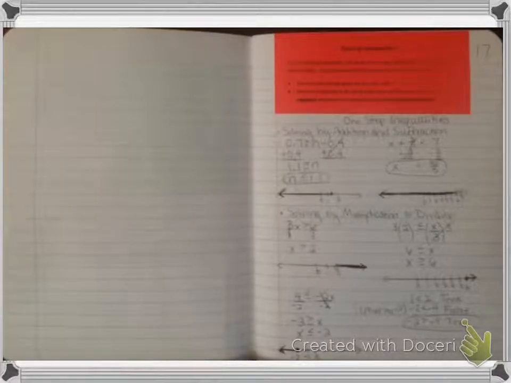Alright, at this time I would like you to open your journal to page 17. That's the same page we've been on for the last 2 days. If you'll remember, on Monday we talked about solving one-step inequalities, and we focused on solving by addition and subtraction. And then yesterday we still were looking at one-step inequalities, but this time we focused on multiplication or division. Today we're going to combine those two steps and talk about how to solve two-step and multi-step